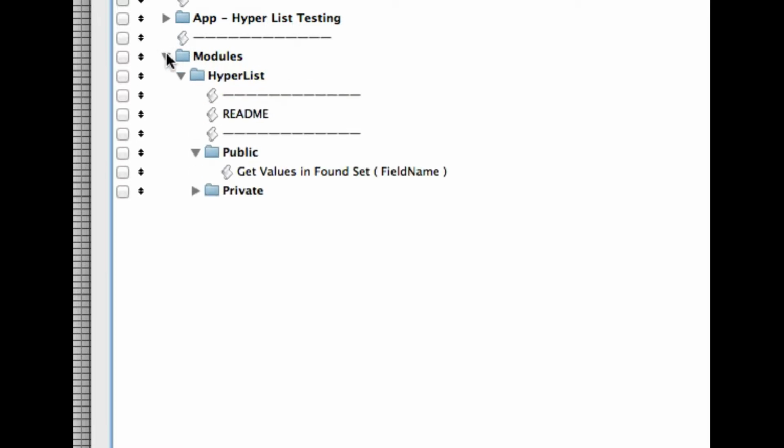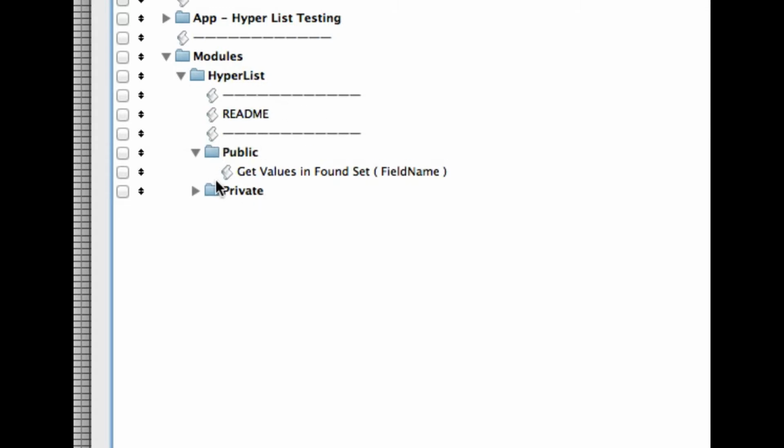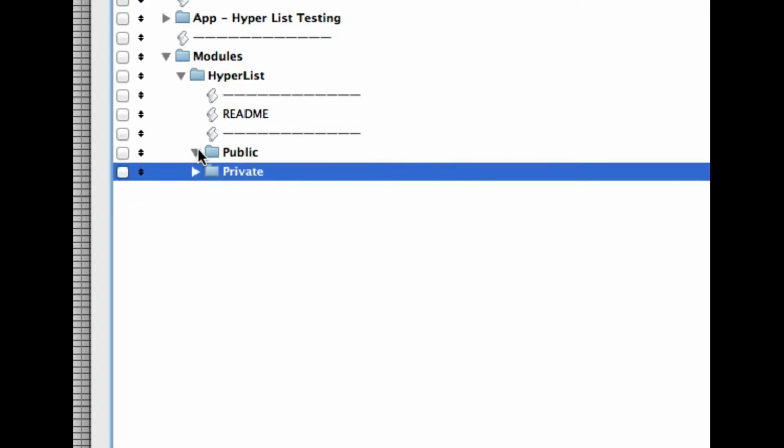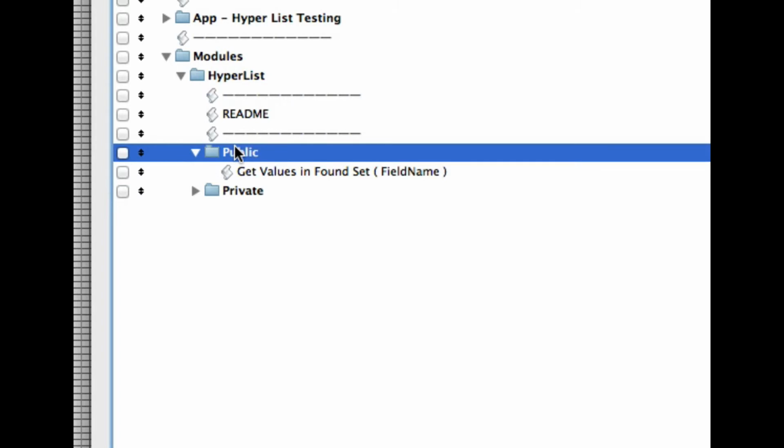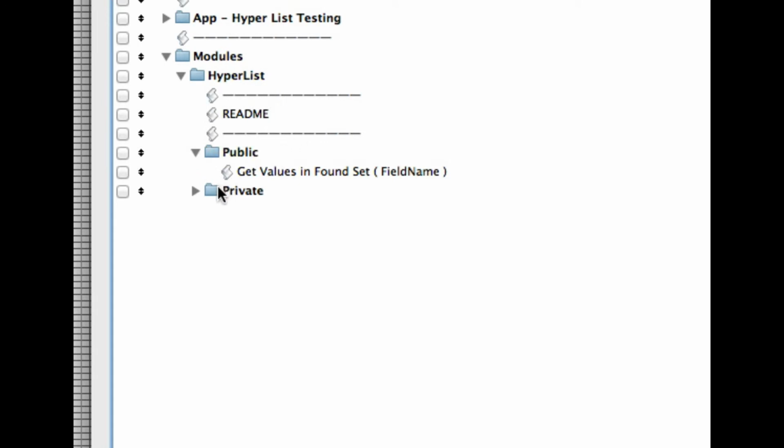And then my module folder, as described by the specification, contains the modules that I have in this file, which is only HyperList. And we talked about what this format looks like, where we have a README, a public folder, and a private folder. Now there's really only one script in HyperList, so I just have it sitting in the public folder. But you could make a case that it should be in an API folder. The main point is that it's in my public folder, and this is really the only script in the whole solution. But I still package it the same way, because we're trying to stick to a similar pattern of